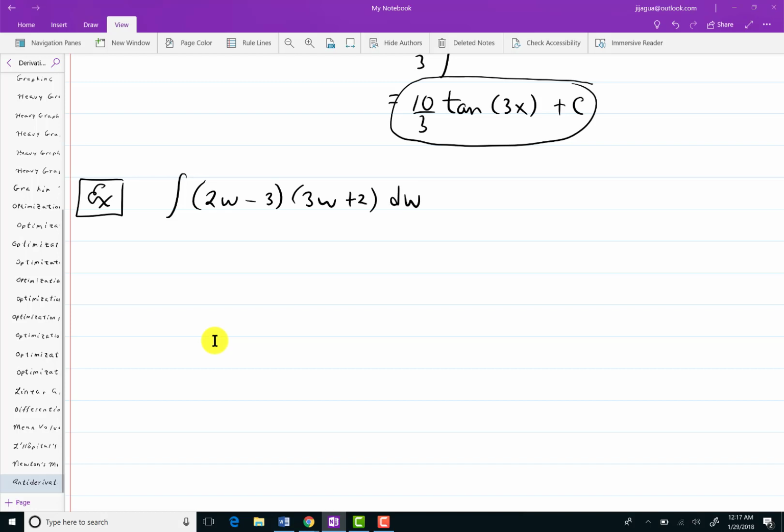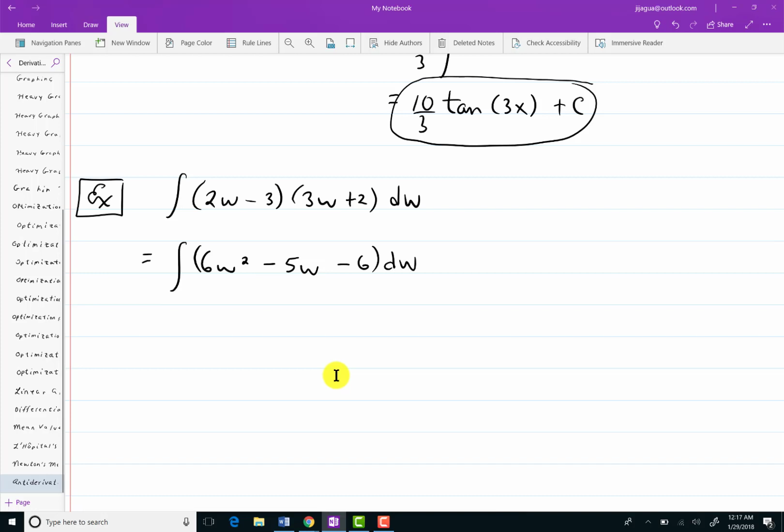All right, let's try the integral of 2w minus 3 times 3w plus 2. And right now, we don't have any formulas for a product or anything like that. We're going to approach things in the most straightforward possible vein you can imagine. So I'm simply going to do what you would do had you never seen this before, and that would be to FOIL the whole thing out. So I'm going to do just that. I'll get 6w squared plus 4w minus 9w is minus 5w minus 6